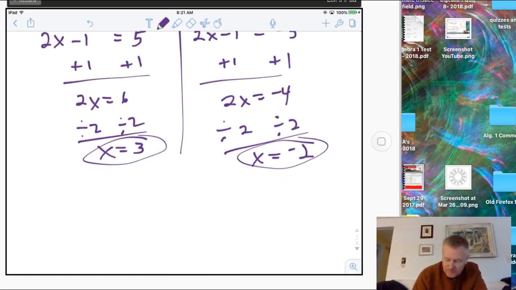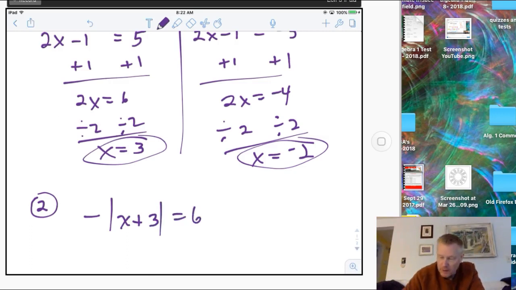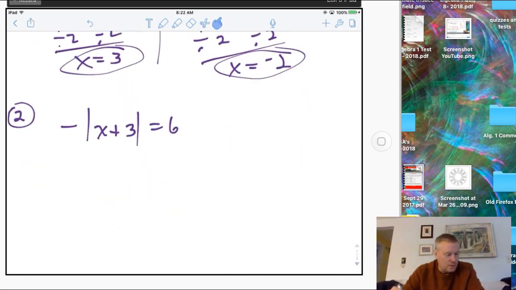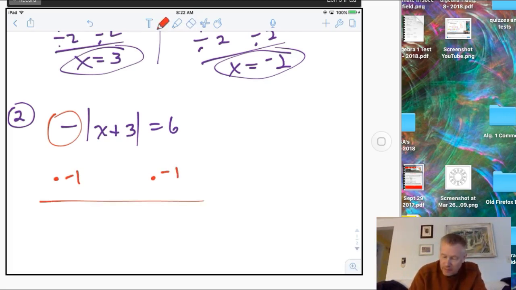Number 2, got the absolute value sign with a negative sign outside of it this time. Negative absolute value of x plus 3 equals 6. Okay, now the first thing I like to do with these is to get the absolute value and what's inside of it all alone on one side of the equal sign, which means I'd like to get rid of this minus sign. So I'm going to actually multiply by -1 both sides. You could divide by -1 also, but I'm going to multiply by it. And what happens then is those cancel out. And I'm left with the absolute value of x plus 3